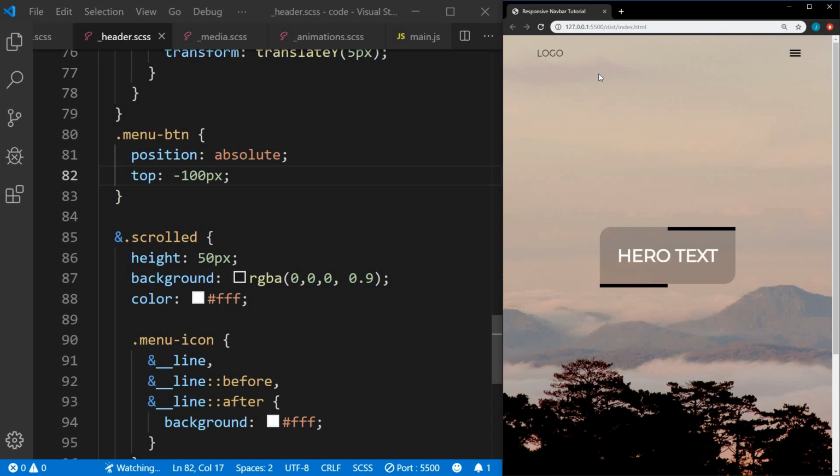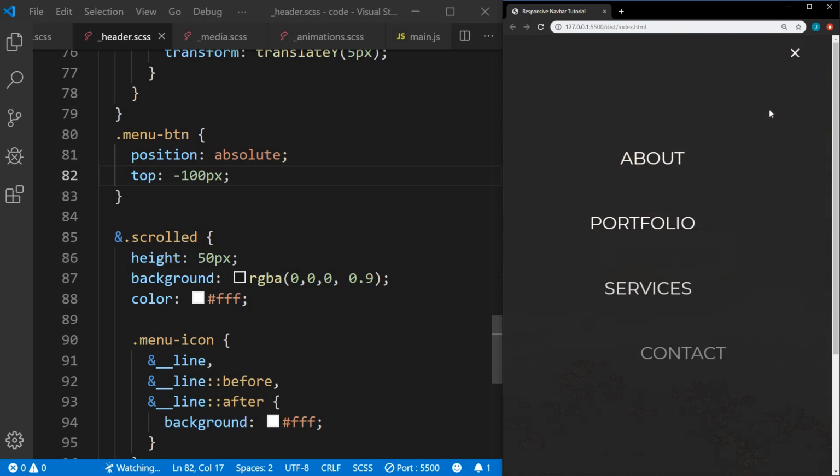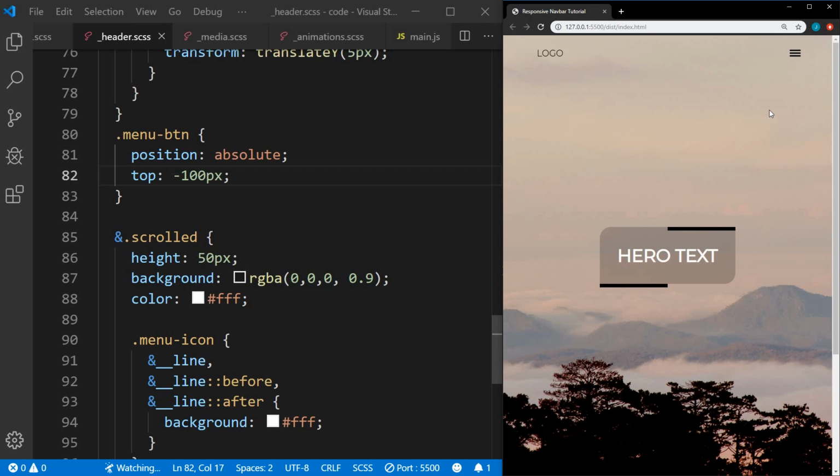And if I click into here and I hit tab, you can see that we're on the logo right now. And if I hit tab one more time, there's no indicator, but we're on the checkbox. So if I hit space, the menu opens. And if I hit space again, the menu closes. All right, so now we just need to add some sort of indicator so that we know that we have tabbed